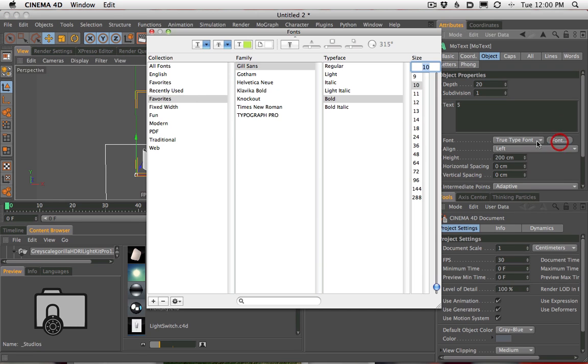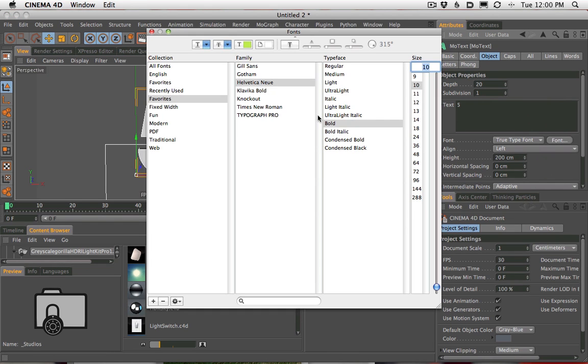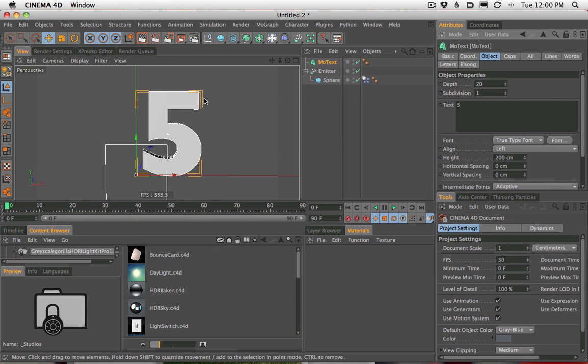You could see with the font that we had, which I think was maybe Helvetica or something, you can see something like this is a cool shape, but we have this big kind of catch here where the spheres would get trapped, and then it would have to go up and over and all the way around to here. So using something like Gill Sans is going to give us a little bit better kind of shape for our spheres. So let's go ahead and use it.